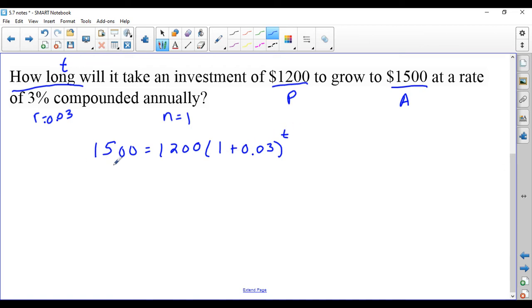You can do this algebraically or you can do it graphically. If you do it algebraically, remember that the first step has to be to divide both sides by 1200. This cancels. I have 15 over 12, which I can divide them both by 3. That's 5/4. You can change it to a decimal if you want. Equals 1.003 to the t. And then you have the option of either taking the log of both sides